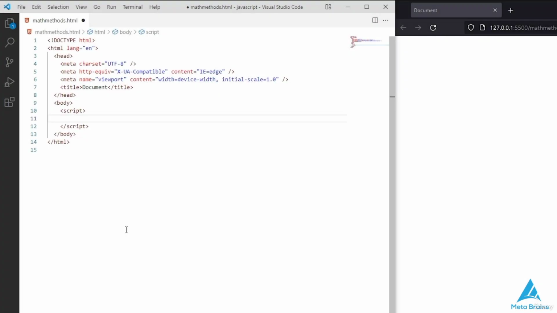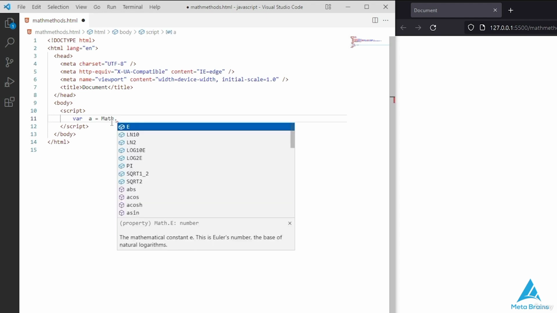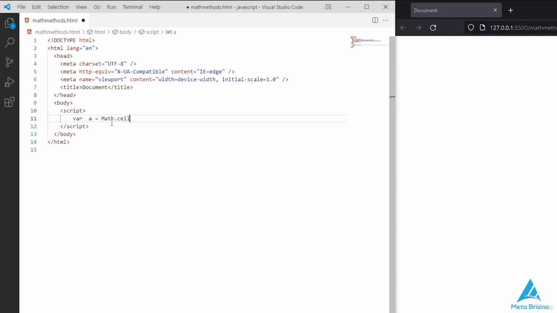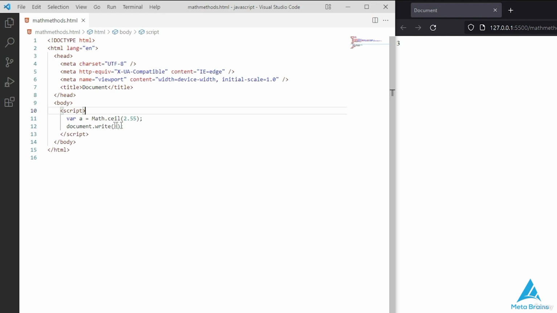So I'm here in my VS Code now. First of all, I'll make a variable called a. Now here, I'll take a value. Here I'll use the method named Math, now I'll use the method named ceil. I'll take a value of 2.55, I save it, and now I'll print it with document.write. I've written a, I save it, and now as you can see, I've written 2.55, but